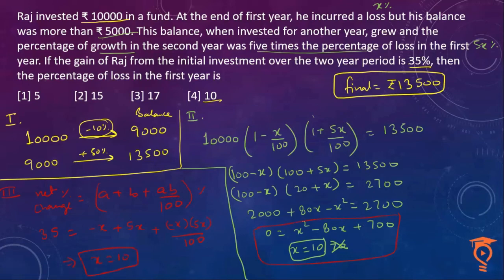Those of you who do not understand why X upon 100 and 5X upon 100 came in this bracket and how this formula came into existence, you can watch our video on percentage basics theory. Do the work,